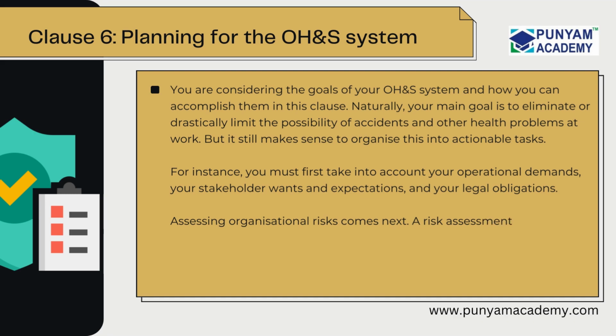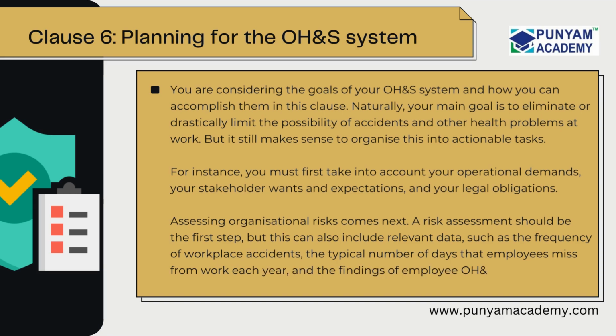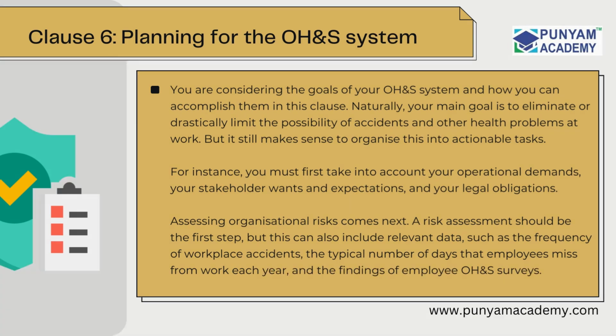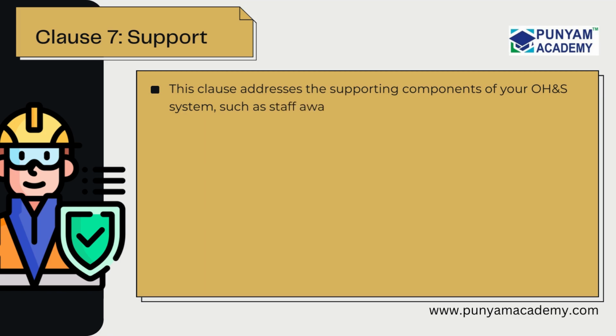Assessing organizational risks comes next. A risk assessment should be the first step, but this can also include relevant data, such as the frequency of workplace accidents, the typical number of days that employees miss from work each year, and the findings of employee OH&S surveys. Clause 7. Support. This clause addresses the supporting components of your OH&S system, such as staff awareness, communication, documentation,